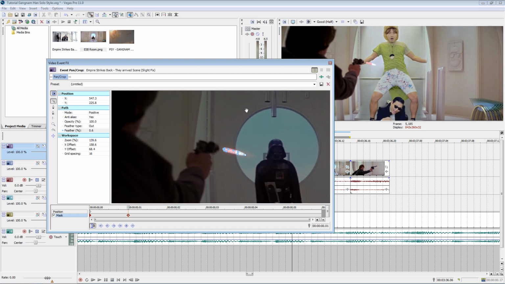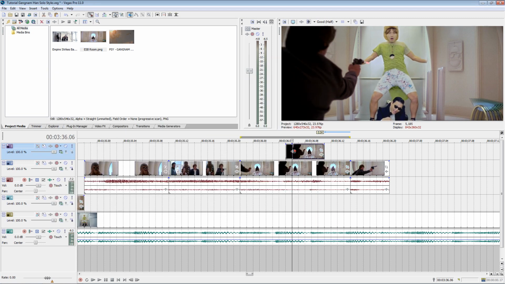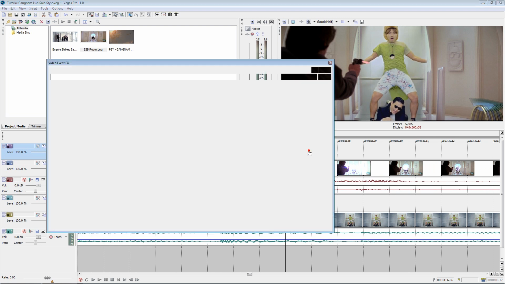But that still doesn't fully solve our problem, because if we make the mask only include the red portion of the laser, the laser would be too short. So I've got a better idea. Let's start by deleting this keyframe and closing out of the video effects window. And we're only going to keep the first frame of this video clip, because that's the only frame where we successfully masked the laser. And copy that frame and paste it as the next frame, and go into its video